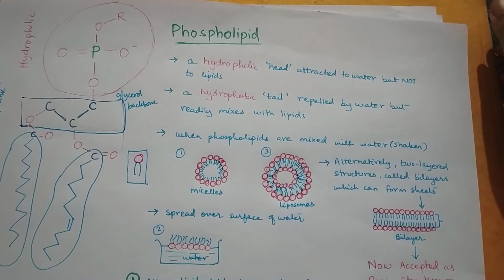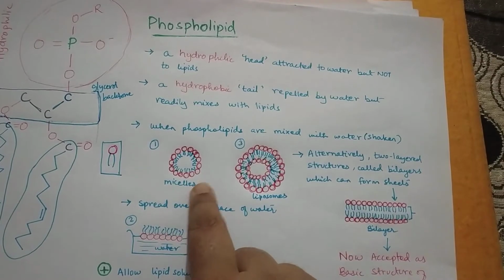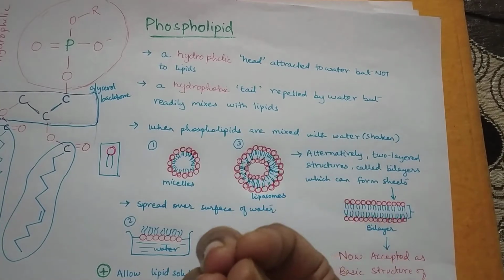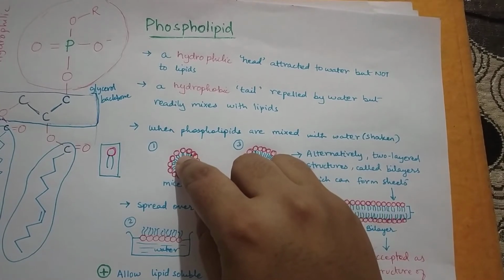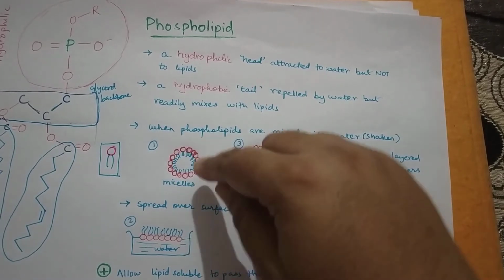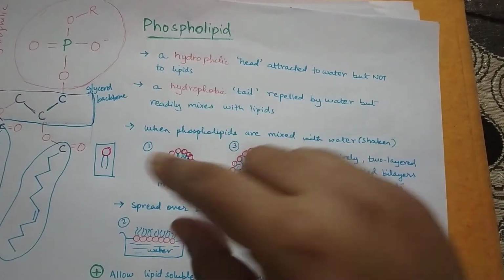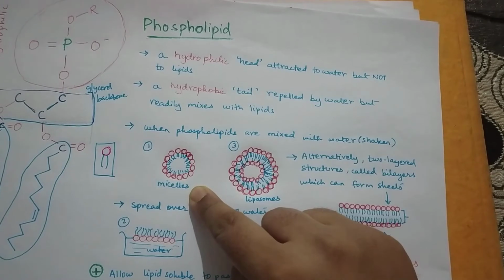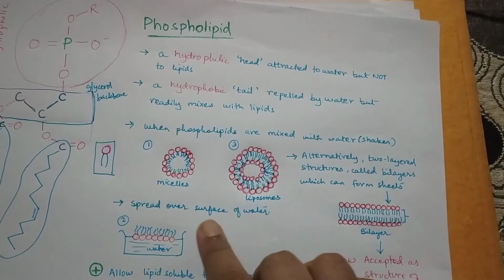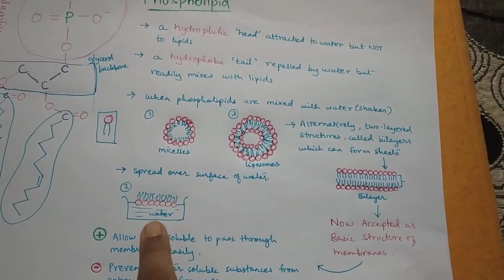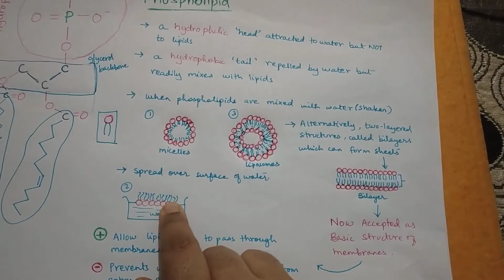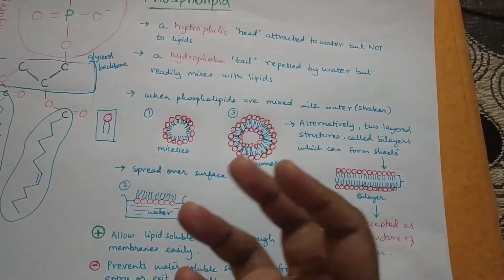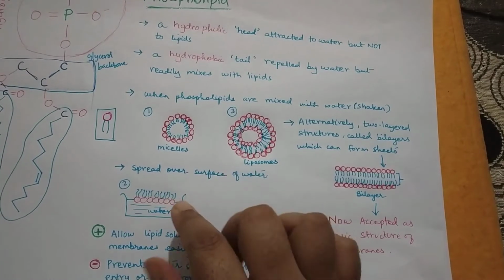When we do that, we see that all the heads which are water loving will cluster together and their tails will attract and come to the center. Here you can see a gap, but in a real life scenario, there will be no gap. The tails will cluster together and the heads will clump together to form a spherical structure called the micelle. The second scenario is, suppose you spread phospholipids over a surface of water. How will it look? Look carefully. Again, hydrophilic heads are facing the water and the hydrophobic tails will move away from the water. So in 3D space, they will orient themselves to have minimum exposure to water.